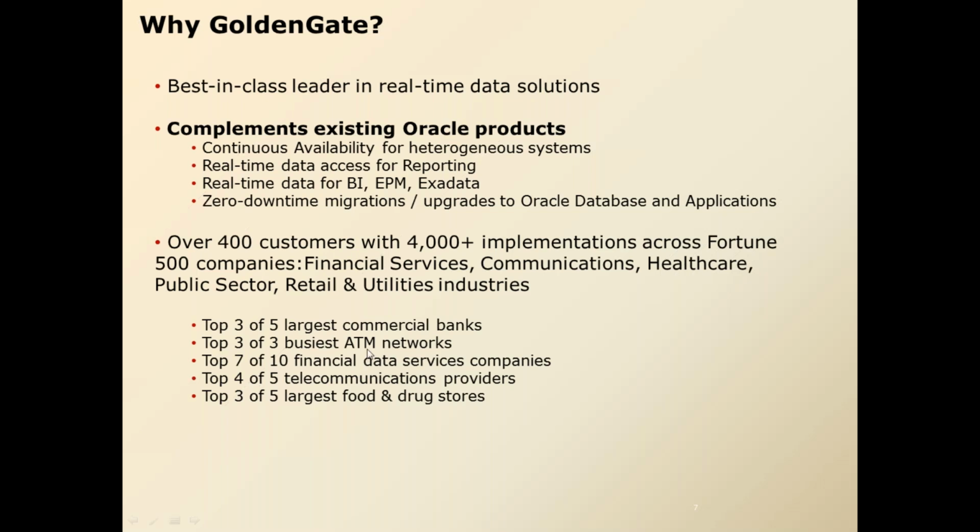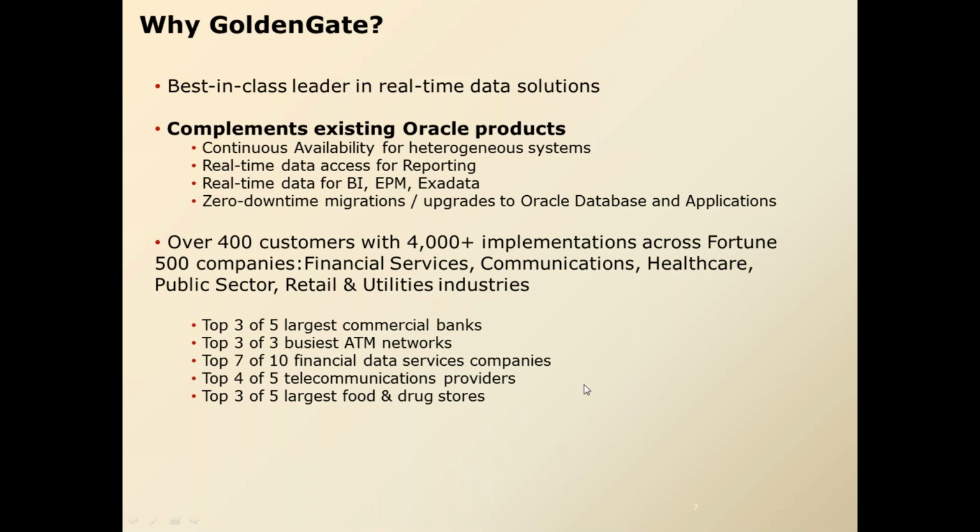ATM networks use the Tandem database, I guess. So they use the Enscribe database, which at that moment could be replicated only using Oracle Golden Gate. Over time, several products got developed, but initially only Golden Gate could replicate the data of ATM networks. So all ATM networks are using it. Financial data services are using it.